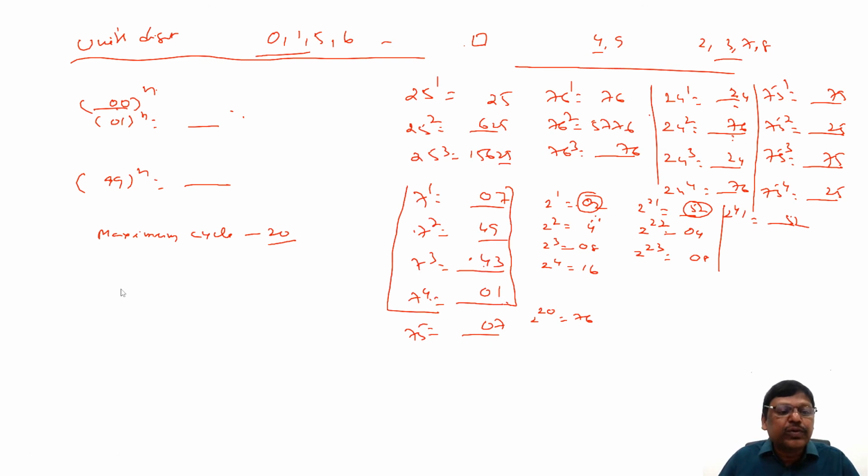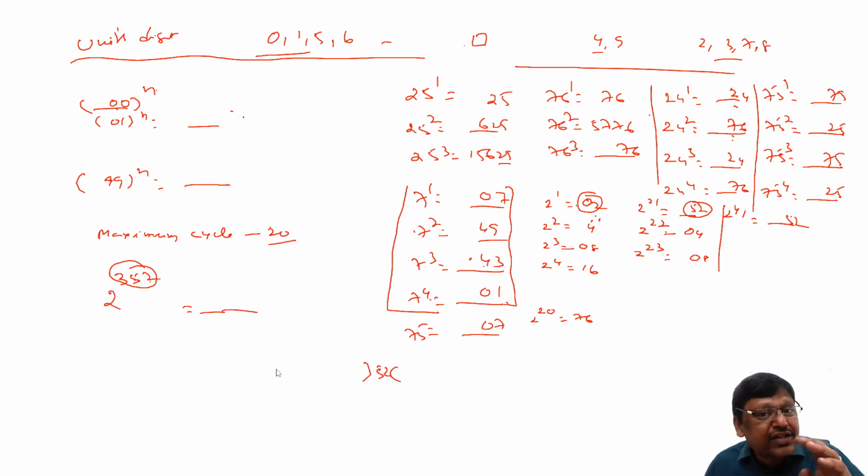Suppose I ask you 2 power 352, what are the last two digits? Divide the power by 20 and take the remainder as the power. 352 divided by 20, why divide by 20? Because there is a cycle of 20 places. What is the remainder? In fact, for the divisibility rule of 20, you don't have to divide the entire number. Dividing the last two digits is enough, like the divisibility rule of 4 uses the last two digits. For 20 also the rule uses the last two digits. 52: 20 times 2 is 40, remainder is 12. If you divide the entire number 352, 20 times 17 is 340, remainder is 12 as well.